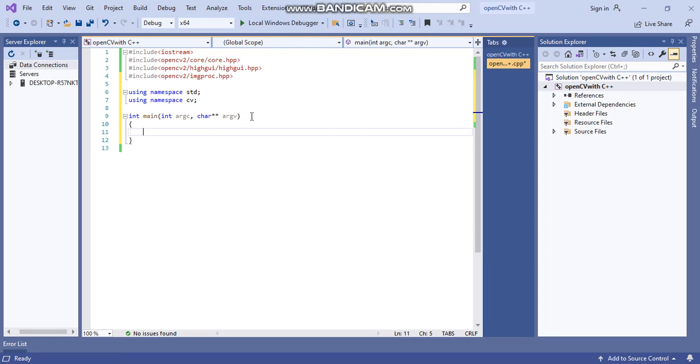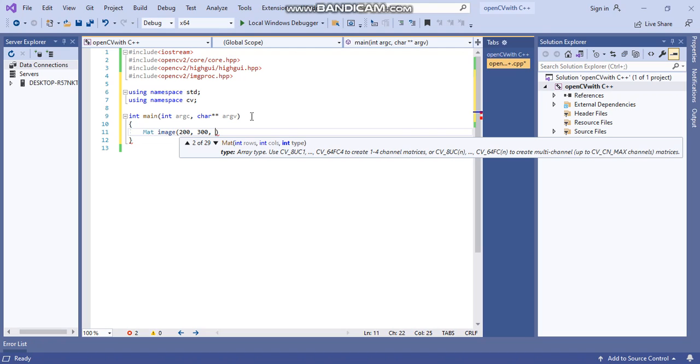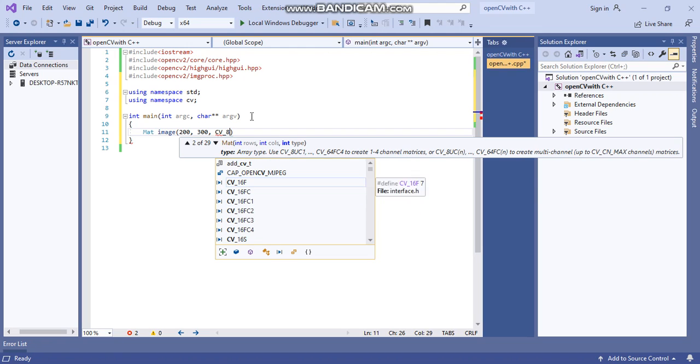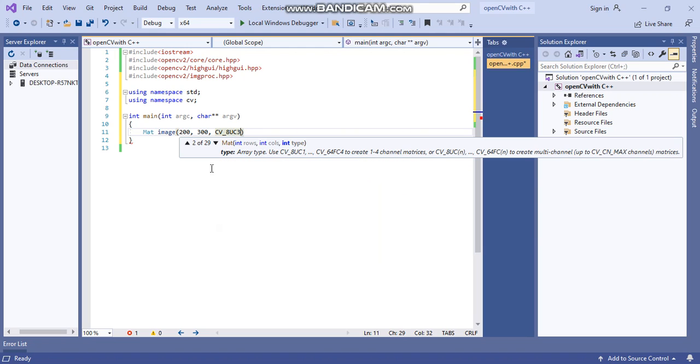So to draw a straight line, first make a matrix image, like type is Mat and say image. Then you give, suppose, 200, 300, x and y, and then the type, you can see CV_8UC3, you can take this type.